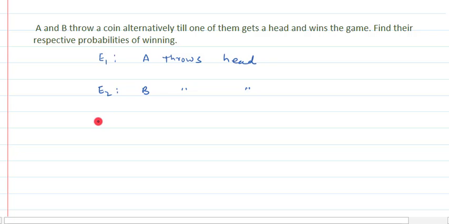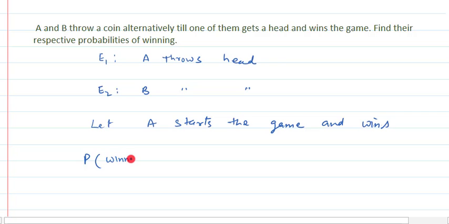Now let us say that A starts the game and wins the game. A ने गेम को स्टार्ट किया और उसने विन भी किया. हम यहाँ पर रिवर्स केस भी ले सकते हैं. Like we can take that let B start the game and win the game. So we can start from anywhere. So when we are taking this case that A starts the game and wins the game, so then probability of